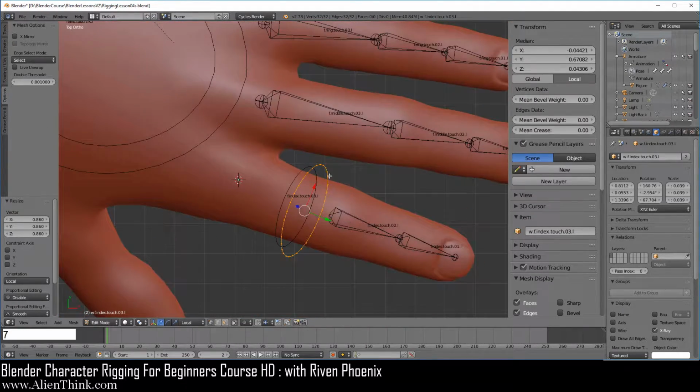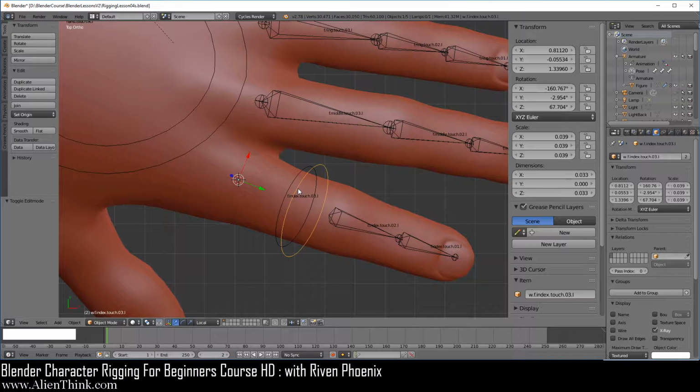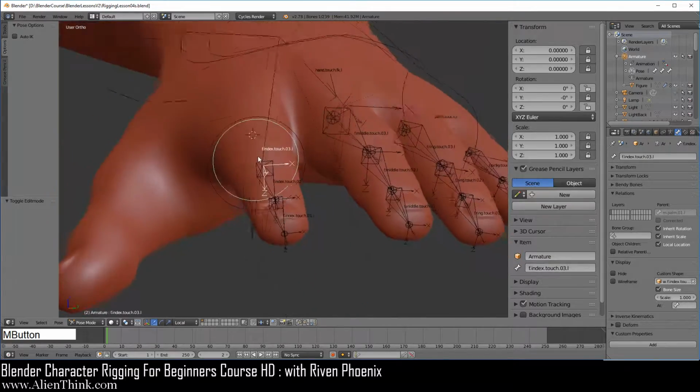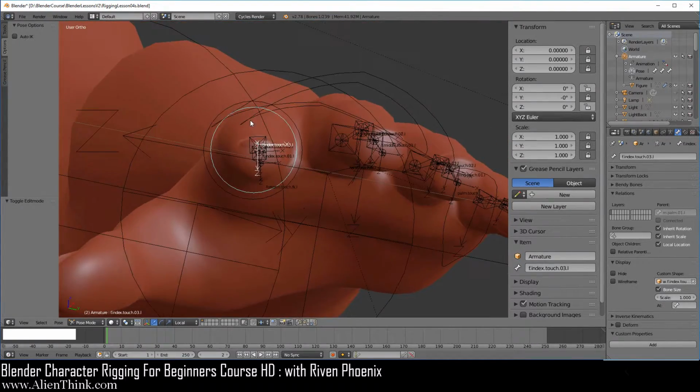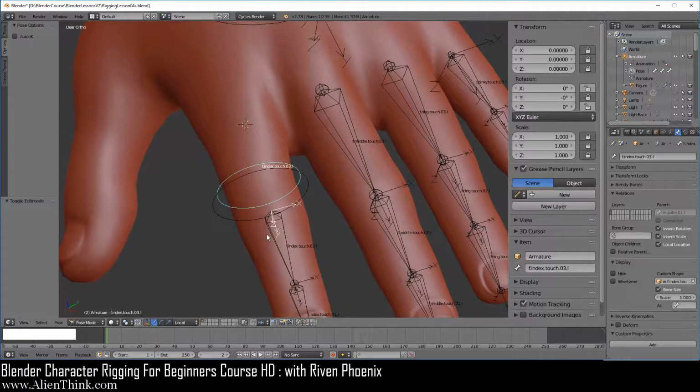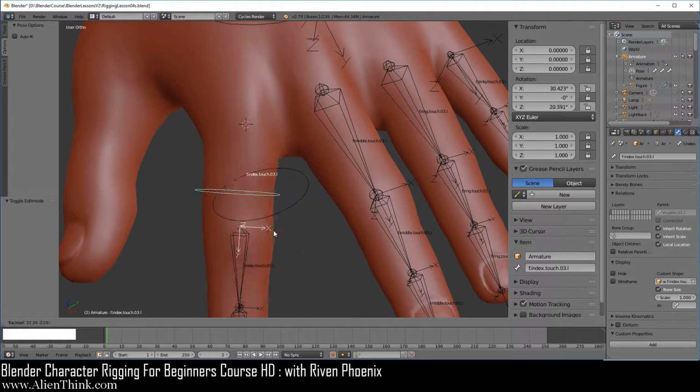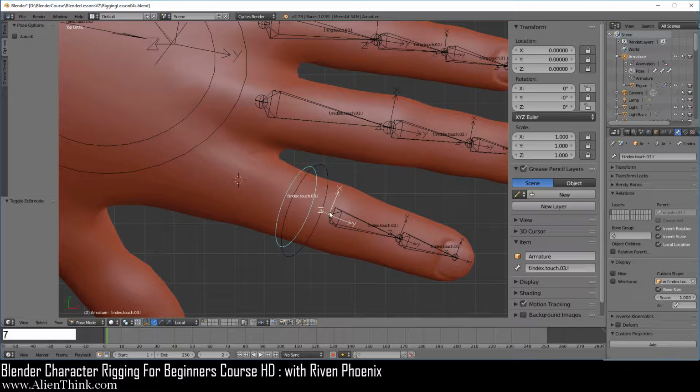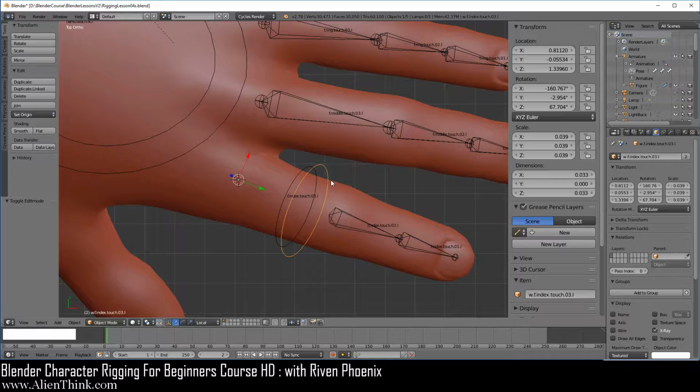Now what I'm going to do is actually not go into object mode and move this to somehow align it, because I want the origin point to be here. You'll see why that is, okay, a bit later. So what we want to do is first click over here and just make sure that we're happy with this. And press the R key 2 times just to check to make sure that, yep, that looks fine to me. Okay, so here we've established this. Now we'll throw this on this layer a little later.